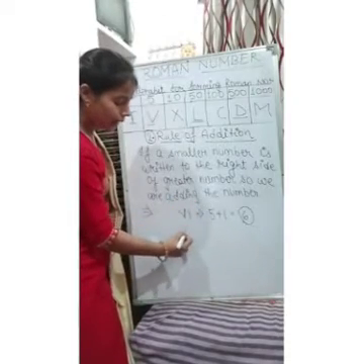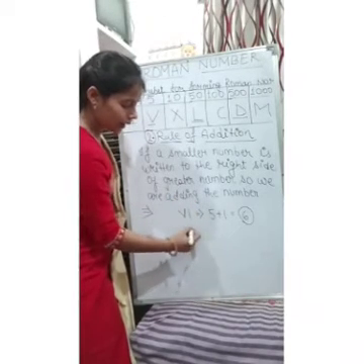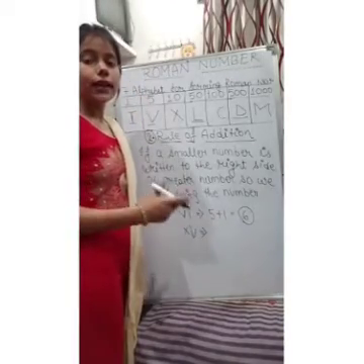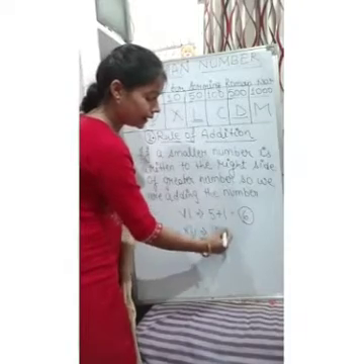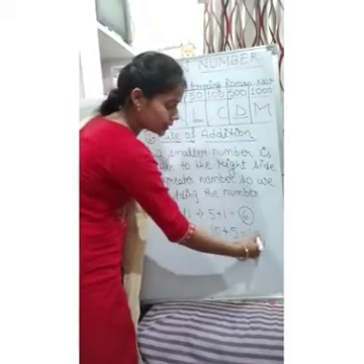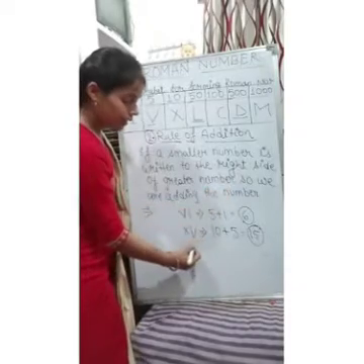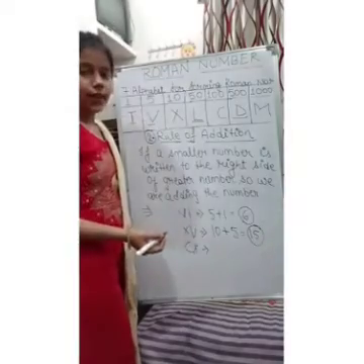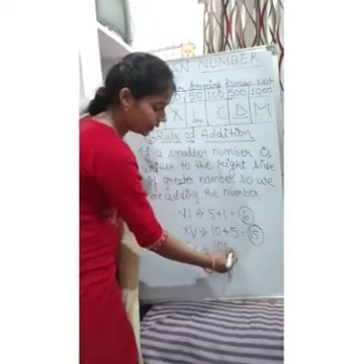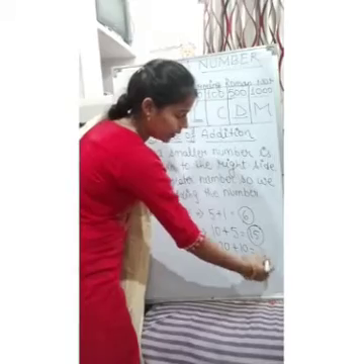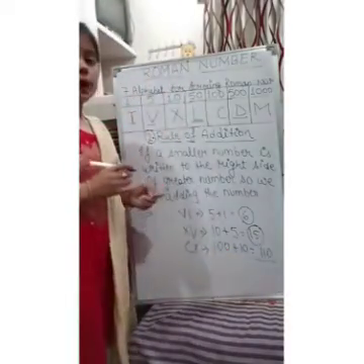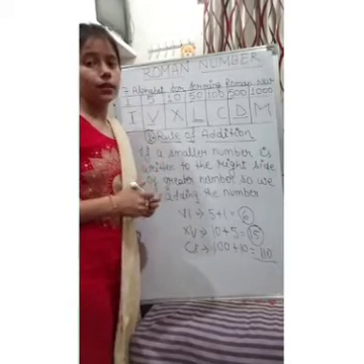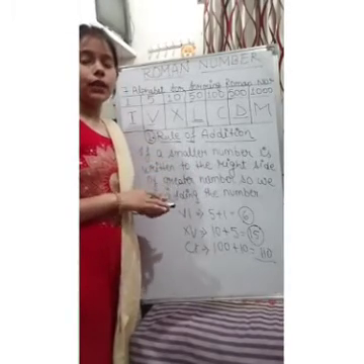Similarly, if I am writing V on the right side of X, that means I am adding 5 to 10. So our answer is 15. Next, if I am writing X on the right side of C, that means I am adding 100 plus 10 and our answer is 110. So remember class, if we are writing a smaller number to the right side of a greater number, we will always add it.